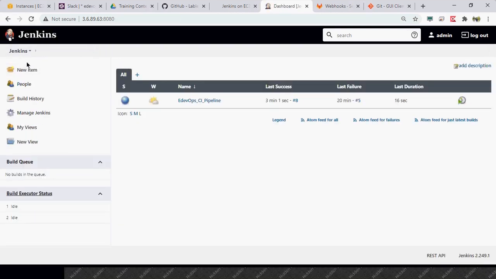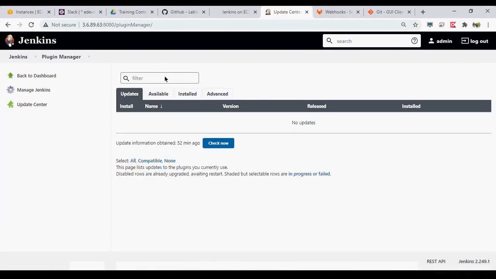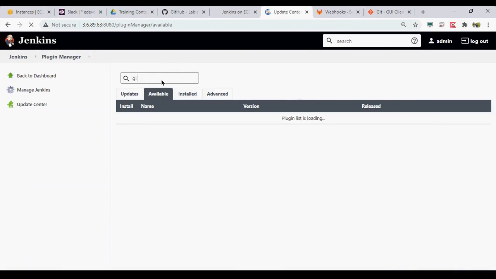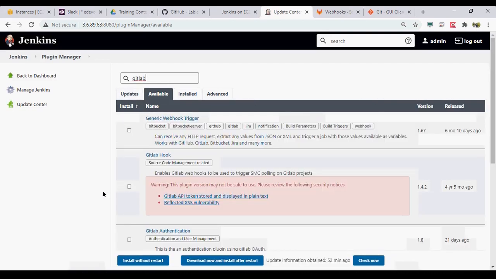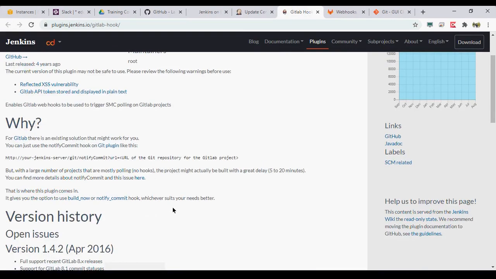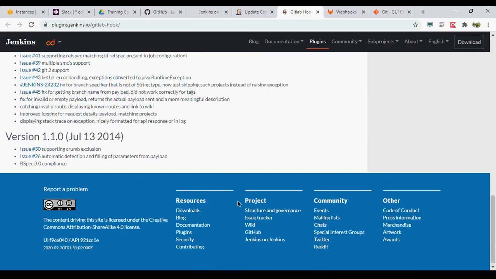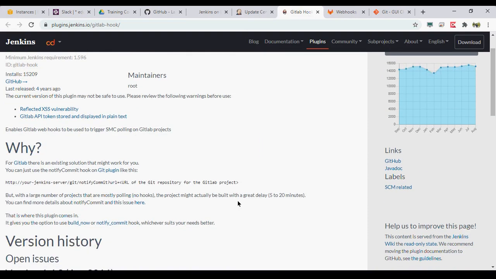So let's see what the plugin is. Manage plugins, available. GitLab, webhook picker, GitLab hook. We see here, we can just go and see the description of these things also, what it provides.